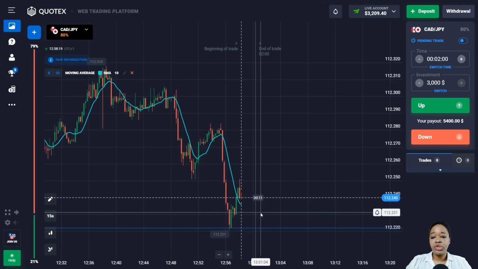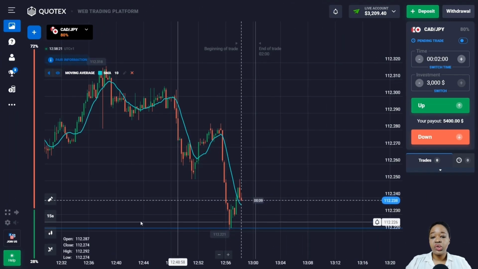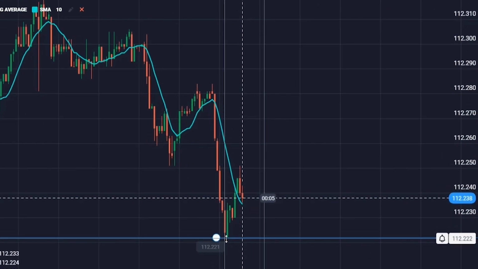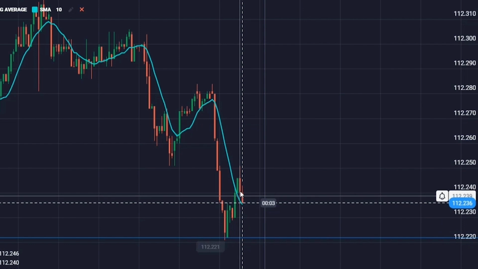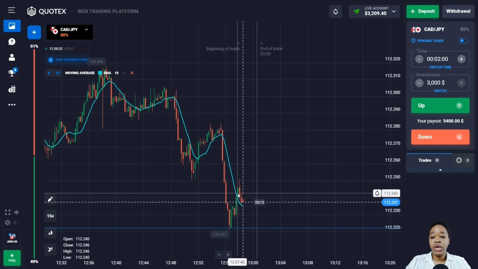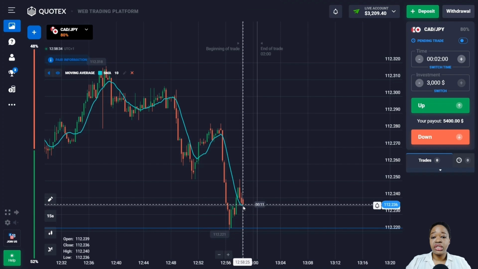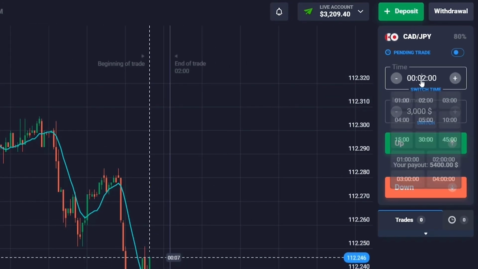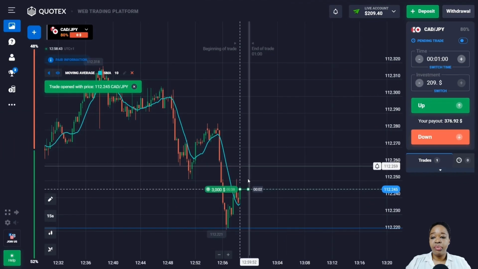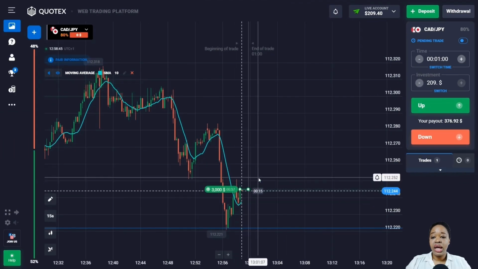So here at the bottom we have the level of support. I can also see that after the confident downward movement and touching of the level, the rise took place and green candles are formed. I can also see that the cross section of the moving average from bottom to top took place, and the moving average itself also starts to turn around and moves to the price. So here I'm going to open a deal on the rise literally for 1 minute because at the moment the price is moving in the correction zone and the cutoff occurs, and I think that in the near future the price will still be moving up,